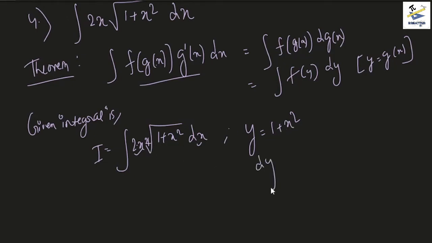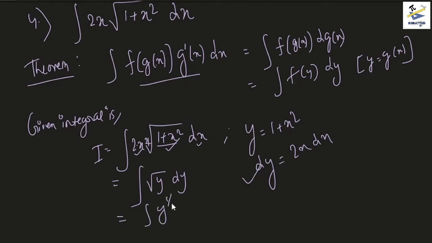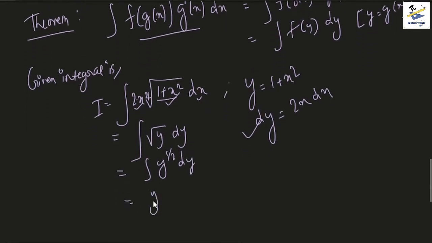So when we do dy, what we get is 2x dx, and that is helpful because this turns into root y into dy, where 1 plus x square got to y and 2x dx was written as dy. And this is an easy one because this is just y to the power half dy, and using the rule you can find it as y to the power half plus 1 divided by half plus 1 plus c,